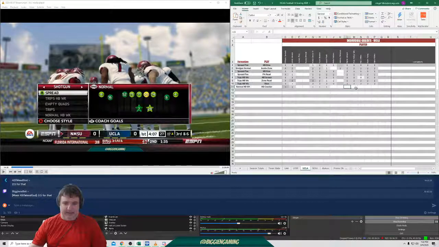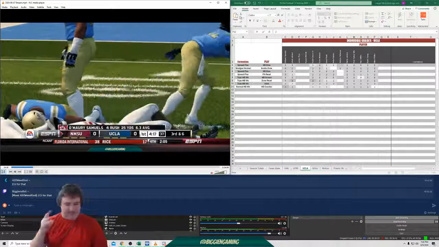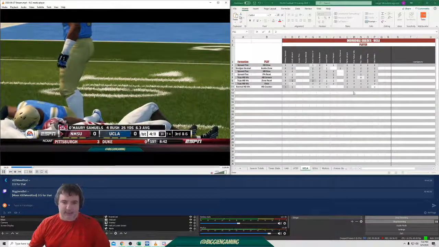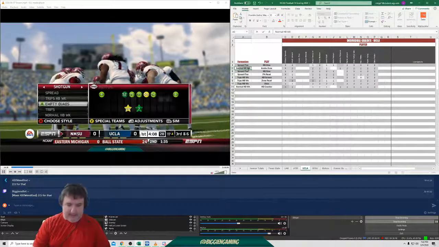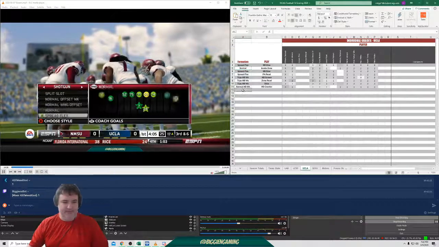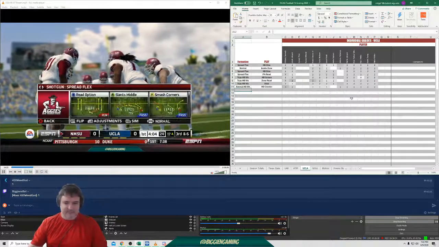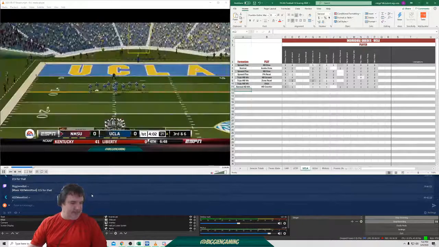Not in the play. 2, 2, 2, 2, 2. Okay? Remember, they're making their blocks. They pick up the backers. Okay? And Roberson needs to get his. It's 2. I don't know why I called shotgun normal. Okay? Who gets a 1?